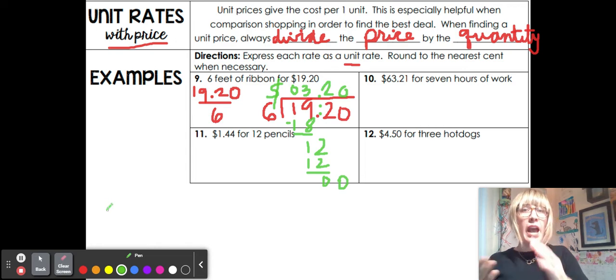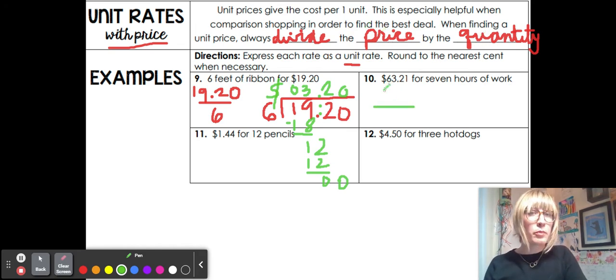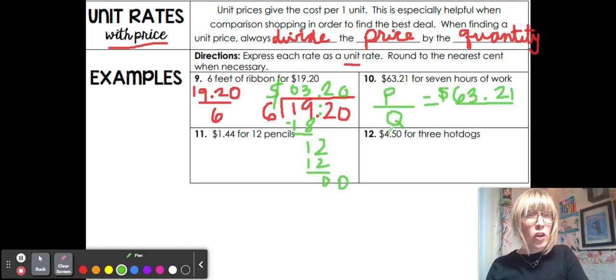So again, right, as you set these up, you can start by knowing that you're going to divide the price by the quantity. And then you can just fill in, well, what's the price? The price is $63.21 in this case. Remember to put our dollar sign, right? And the quantity is 7 hours of work, divided by 7. So how much do you get paid per hour? Well, you can divide and find